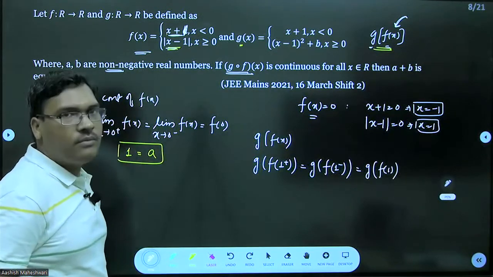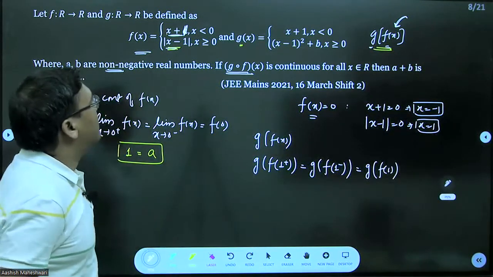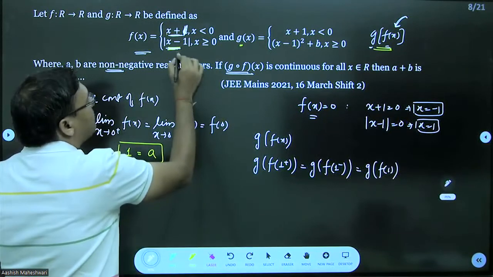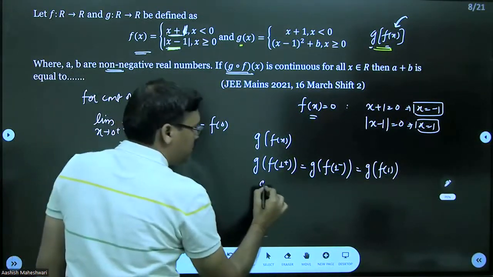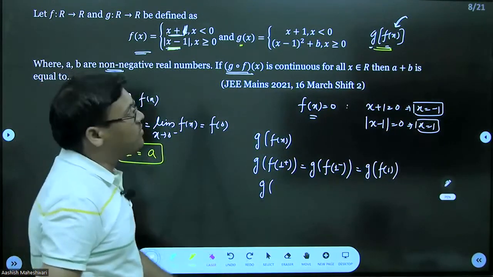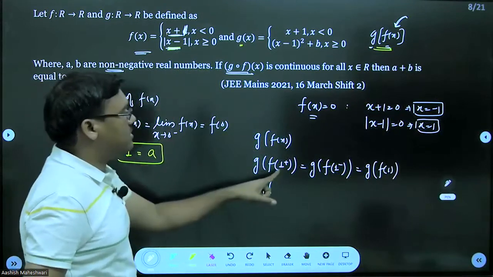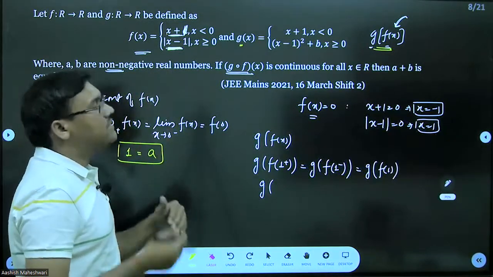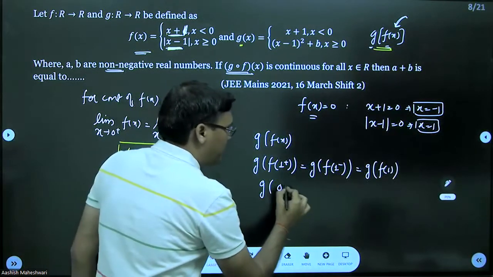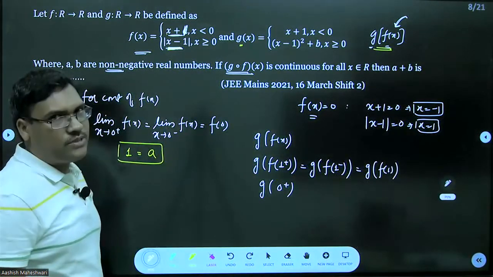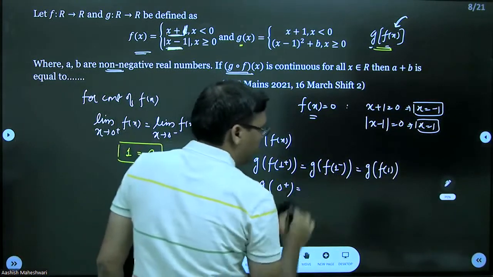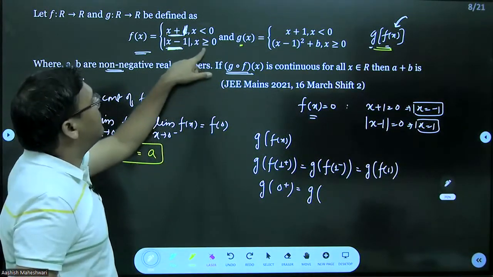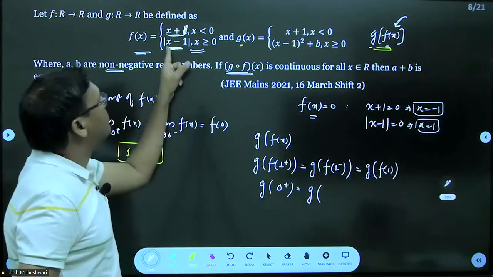ठीक है, करेक्ट। नाउ f of 1 plus, what is the value of f of 1 plus, f of 1 plus का वैल्यू देखो, 1 plus मतलब यहाँ पर होगा, ठीक है। अब 1 plus पे इसका वैल्यू क्या आएगा, 0, तो दिस इज g, 0 plus होगा या 0 minus होगा वो आपको चेक करना पड़ेगा, बिकॉज यू कैन सी x approaches 1 plus पे this will be a number which is very close to 0 but it will be just greater than 0, ठीक है। this is 0 plus, वैसे भी आप देख सकते हो this is मॉडुलस है, तो मॉडुलस मतलब पॉजिटिव, करेक्ट, इज इक्वल टू g, व्हाट इज f of 1 minus, अब f of 1 minus क्या होगा, 1 कहां पर होगा, पहले तो देखो 1 इस वाले फंक्शन में आएगा, अब 1 माइनस पे भी इसका वैल्यू देखो 0 ही आने वाला है, ठीक है,